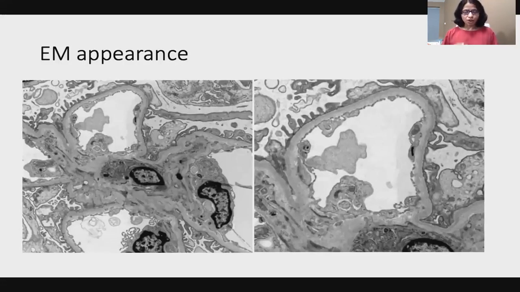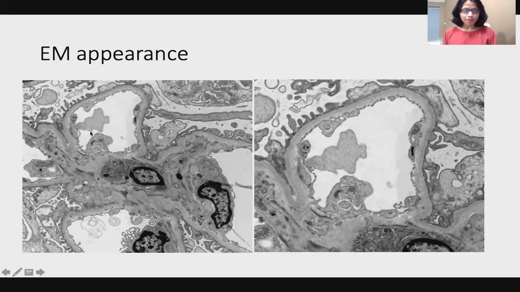Now, as I mentioned earlier, as soon as the sample comes to the laboratory, we take a little piece for electron microscopy. And this is how the normal electron microscopy looks. So just to get you orientated, so that in future webinars you'll understand what we're looking at when it's actually pathological. So this area is the mesangium, and these are the normal mesangial cells. Normally it's not very expanded, delicate, and does not contain any deposits.